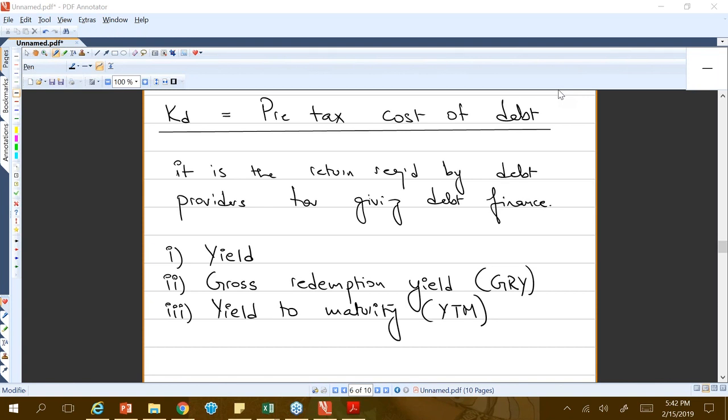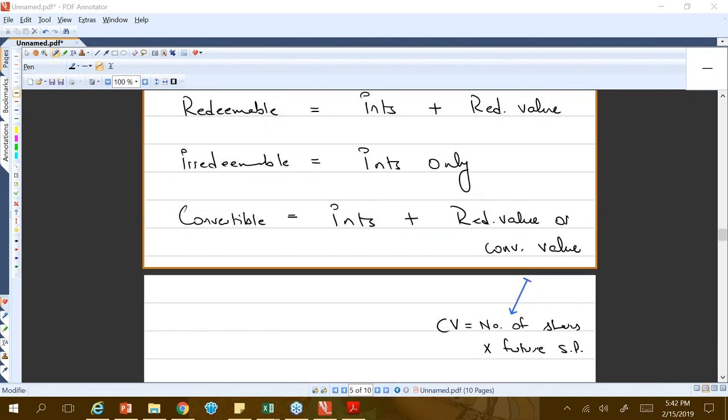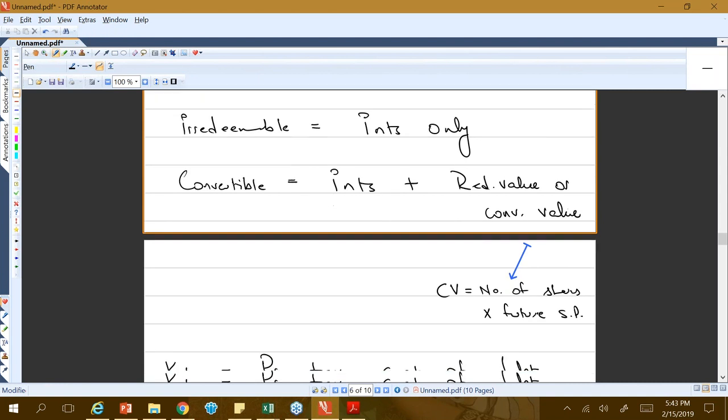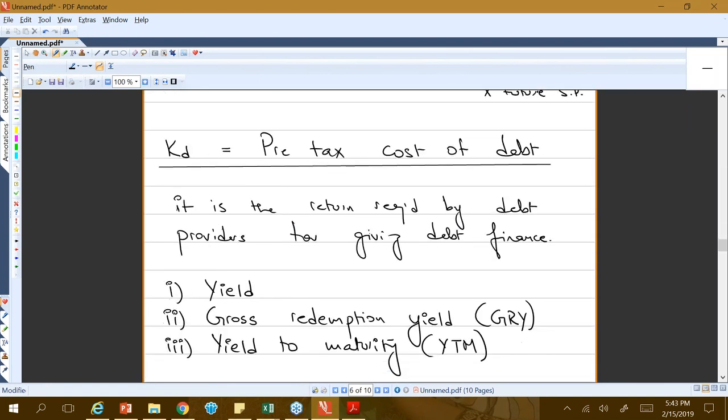The next question is, for convertibles, do you discount the conversion value and not the redemption value of the loan? Well, what we said here is that the cash flows are interest and the redemption value or the conversion value. So this is an analysis which we have to do there and decide which is the higher value. The higher value will come here. If the higher value is redemption, you discount the redemption value. If the higher value is conversion value, we discount the conversion value. So it's a little decision that we need to make while thinking of convertibles. Any other questions there before we move into doing some question practice on this area?